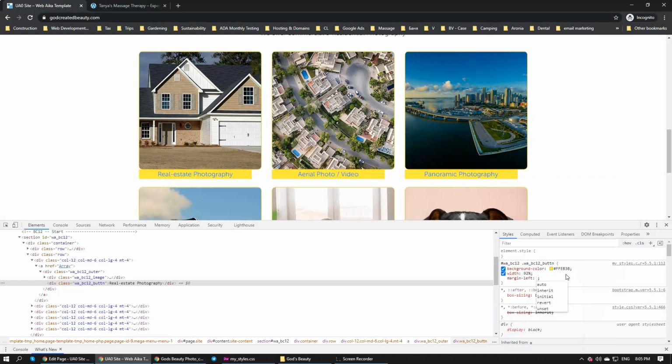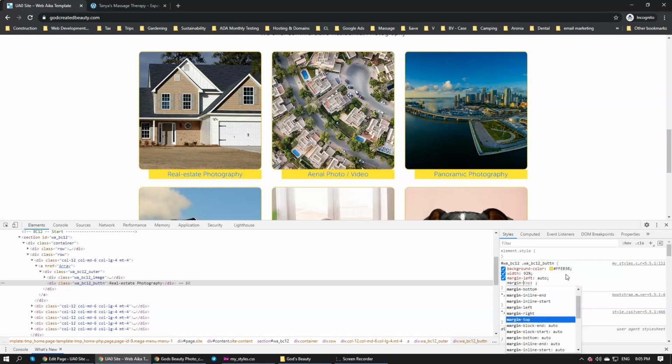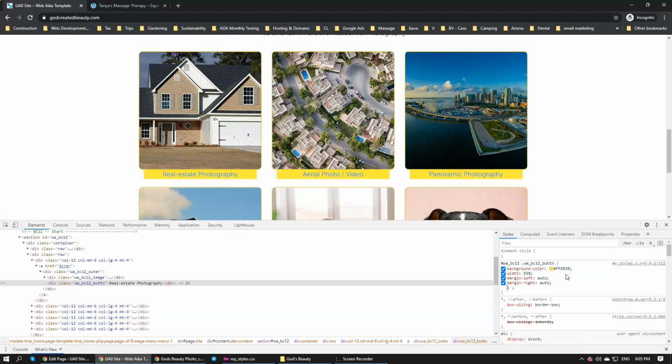Margin left auto, margin right auto. That's going to center it. Border radius, let's do 20 pixels. 10, no. 12, that's more of a circle, almost a circle. 13, so I think 13 pixels is ideal,